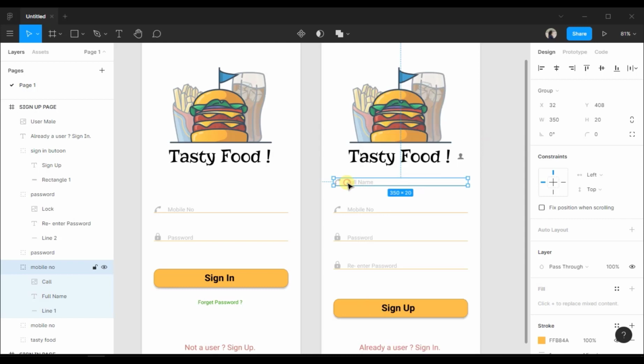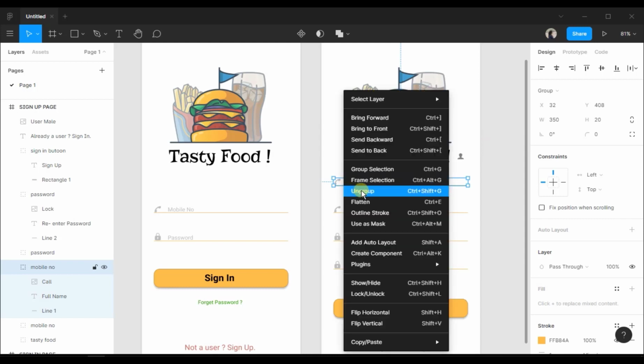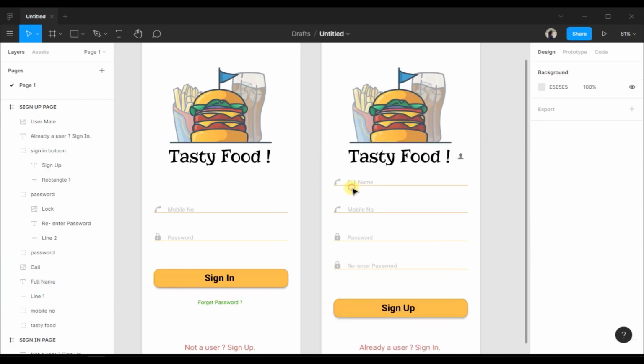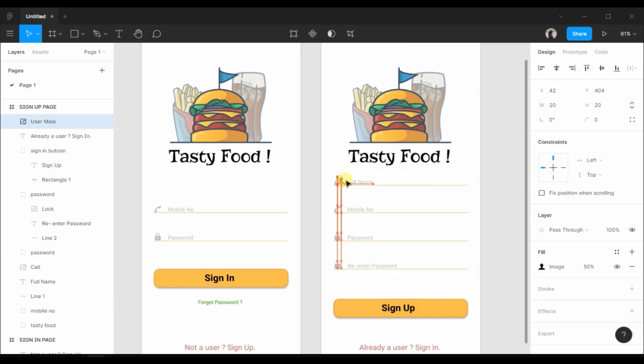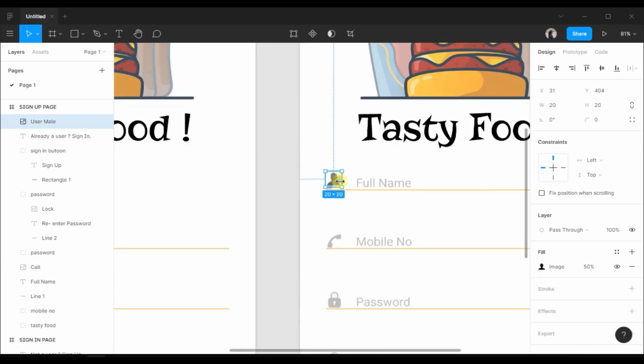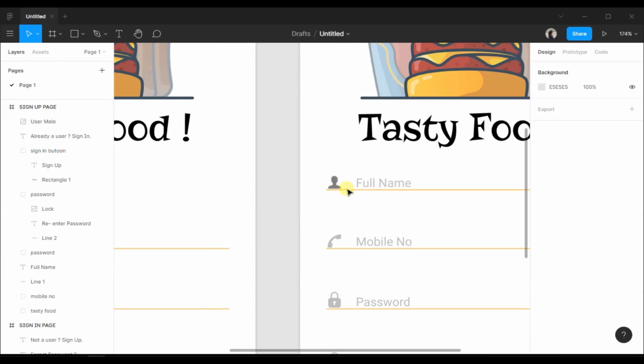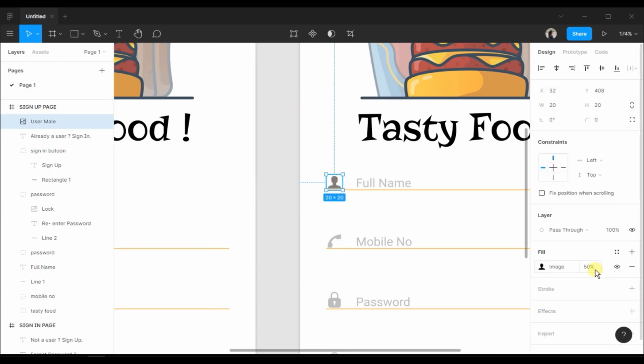Ungroup this. To ungroup, right click on it and choose the ungroup option. Now take this icon and let's delete this call icon. Opacity maybe 25%. Cool.